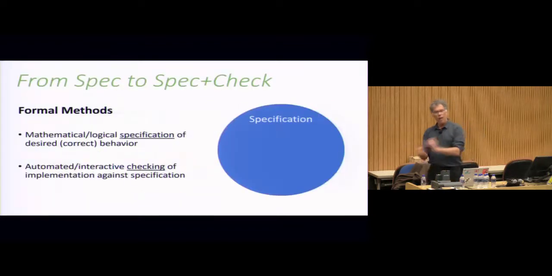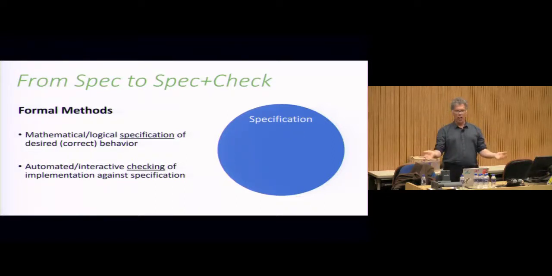Okay, well, how about formal methods? How have we been doing in the last 20 years? So I would say it's been a pretty good run, and I wanted to tell you a little bit about formal methods as background. Formal methods, the way I define it, is really a mathematical, logical specification of the desired correct behavior of a system, shown in this big Venn diagram as being in the blue bubble.